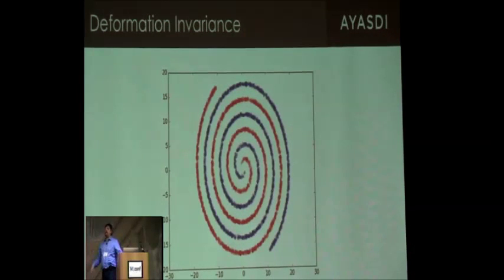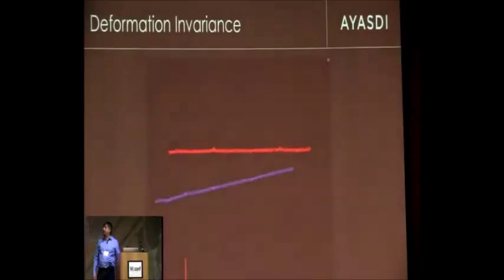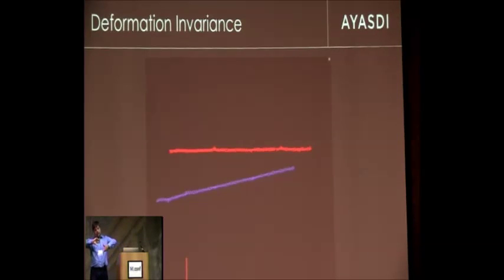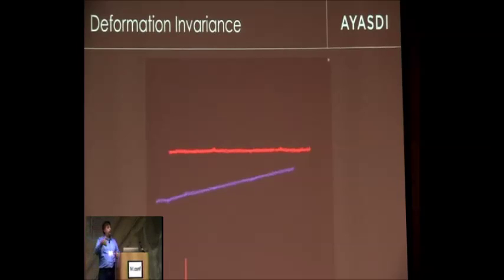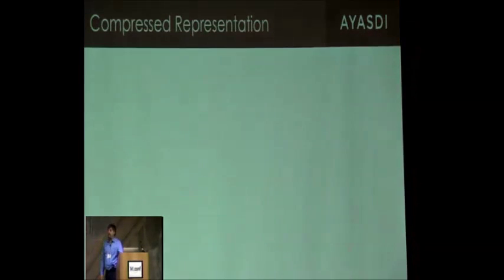Okay, here's another example, two intertwined spirals. I can do the same thing. The machine pulls out two lines because the twisting up of the two spirals is just a deformation. When you put it through the machine, you use the x-coordinate again as the function that you're making the summary with respect to, you're going to get two lines.